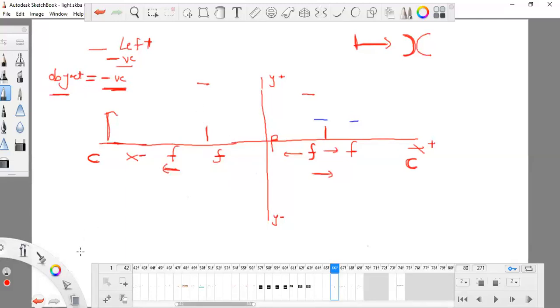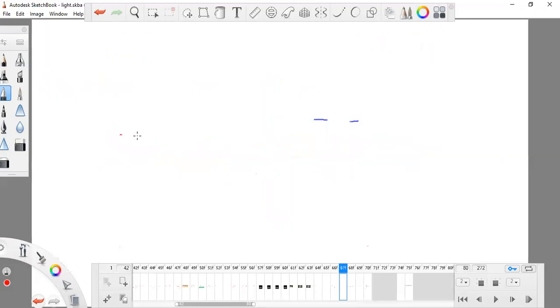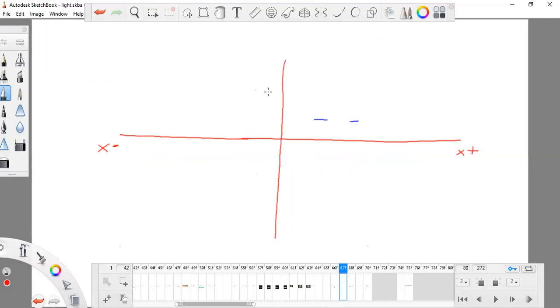Right now we are going to draw the Cartesian convention. You know about it now, I don't need to tell you so many times. This is my y-axis, and this is the mirror. This is also considered a mirror.